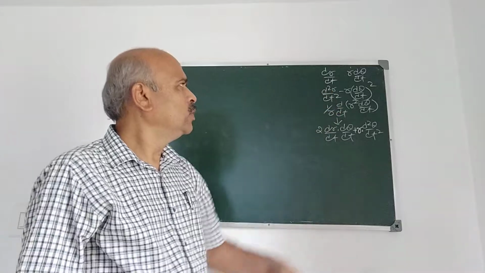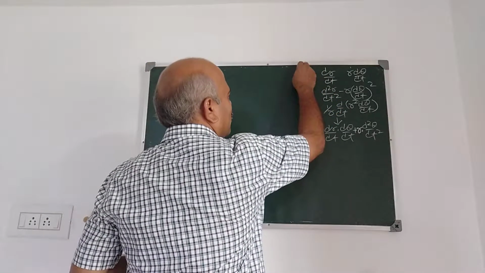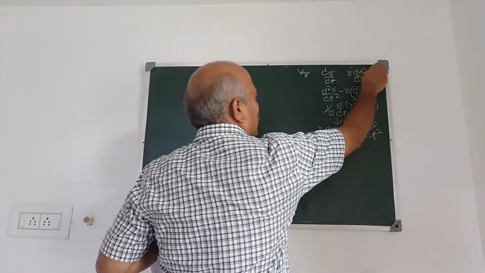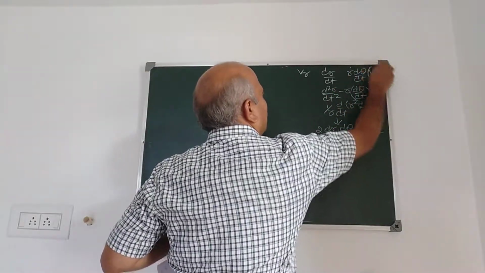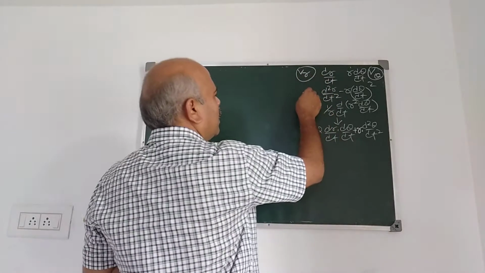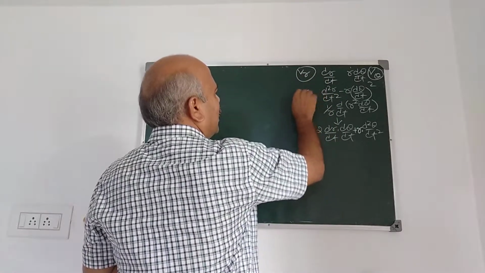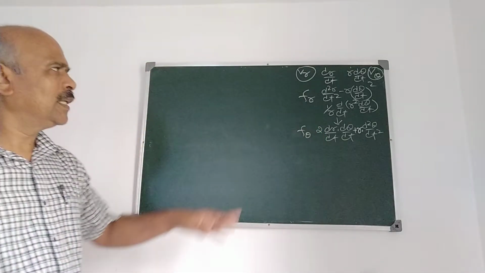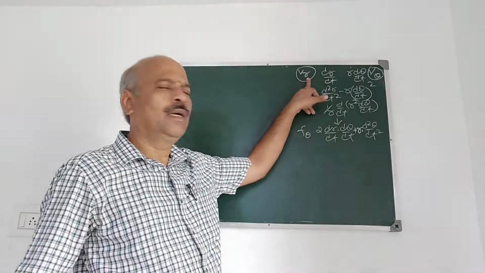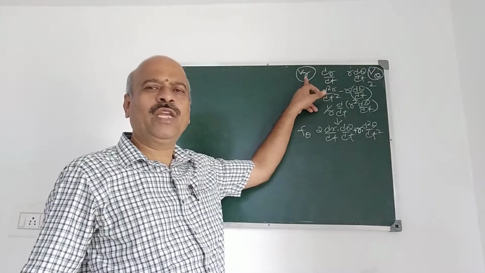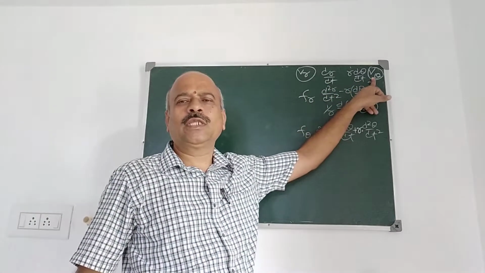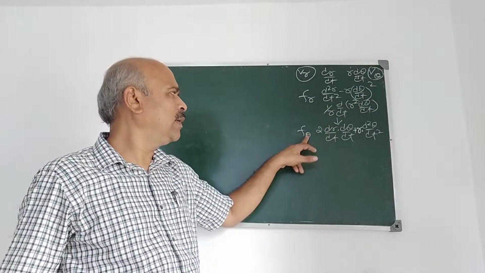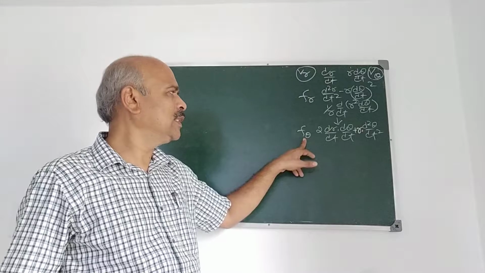Usually the radial velocity is written by Vr and transverse velocity is written by V theta, Vr, V theta, and it is Fr, F theta. These are common notation. Radial velocity is written by Vr, transverse velocity is written by V theta, radial acceleration is Fr, and transverse acceleration is F theta.